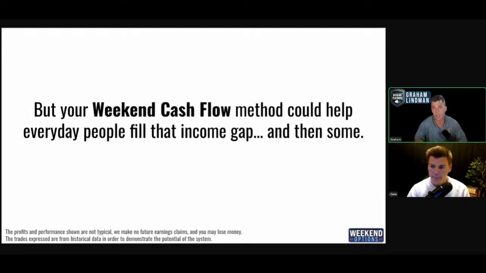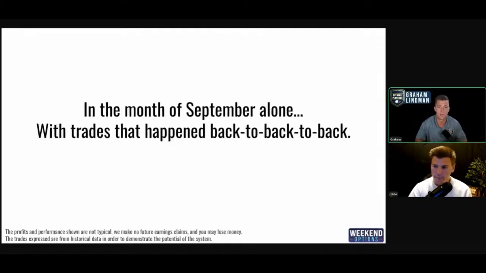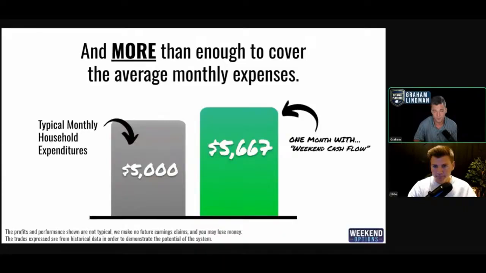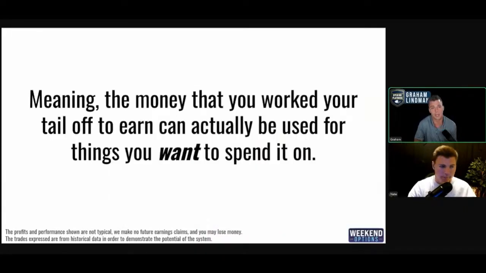But your weekend cash flow method could help everyday people help fill the income gap and then some, hopefully grow their income. In the month of September alone, with the trades that happened back to back to back, we're looking at what could have been more than the average Joe brings in each month. So 1 month with the weekend cash flow, $5,667. Pretty awesome. And in this example for that month, more than enough to cover the average monthly expenses, meaning the money that you worked your tail off to earn